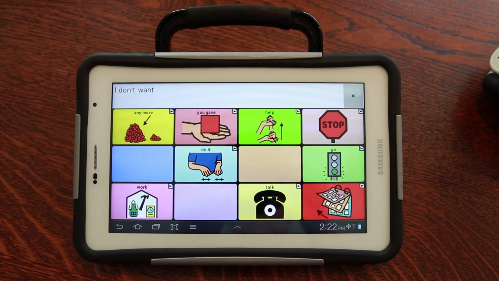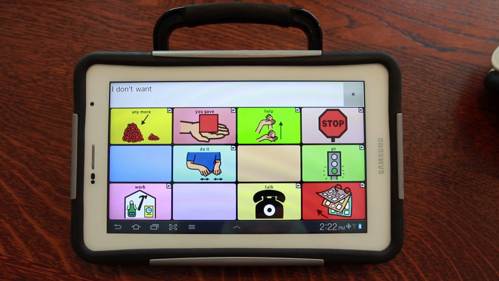But in fact, you're raising a really, really important point. Not everybody who'd want to use or who would benefit from using AAC can use a finger to isolate onto a keyboard or a touch screen. There's a whole range of different access methods that we can support people with physical disabilities to use AAC. Some of them might be scanning using a switch. Some of them might be eye gaze, either low-tech eye gaze, looking with your eyes at pictures or words or